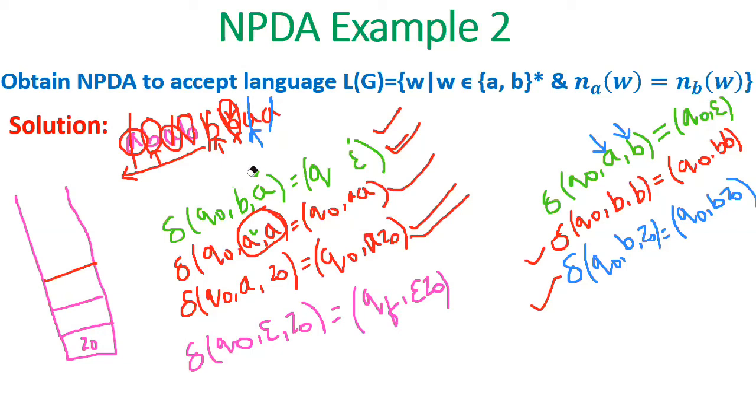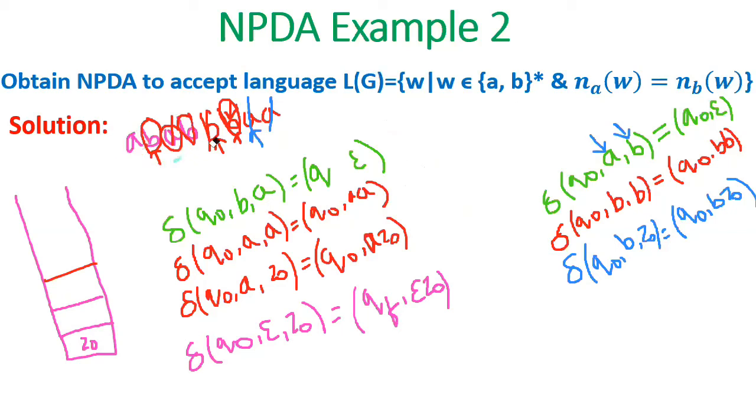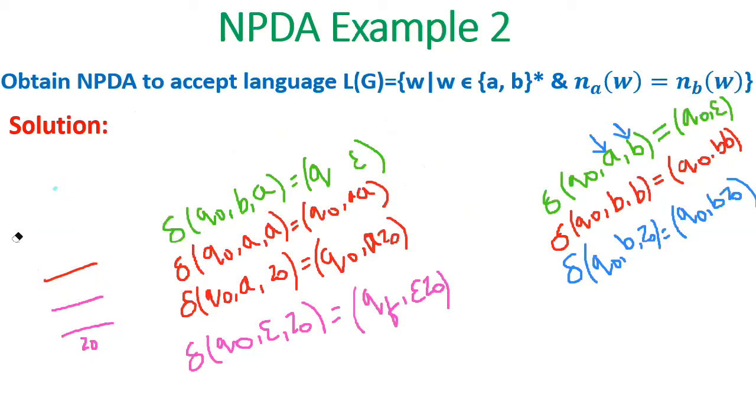Is that clear? So that is how we say this set of transitions can work with any combination of A's and B's, and these are the set of transitions for the given problem. Now, how do you write its equivalent transition diagram? How many states do we have? We have two states. So you take two states here, Q0 and Q1, where Q1 is the final state.